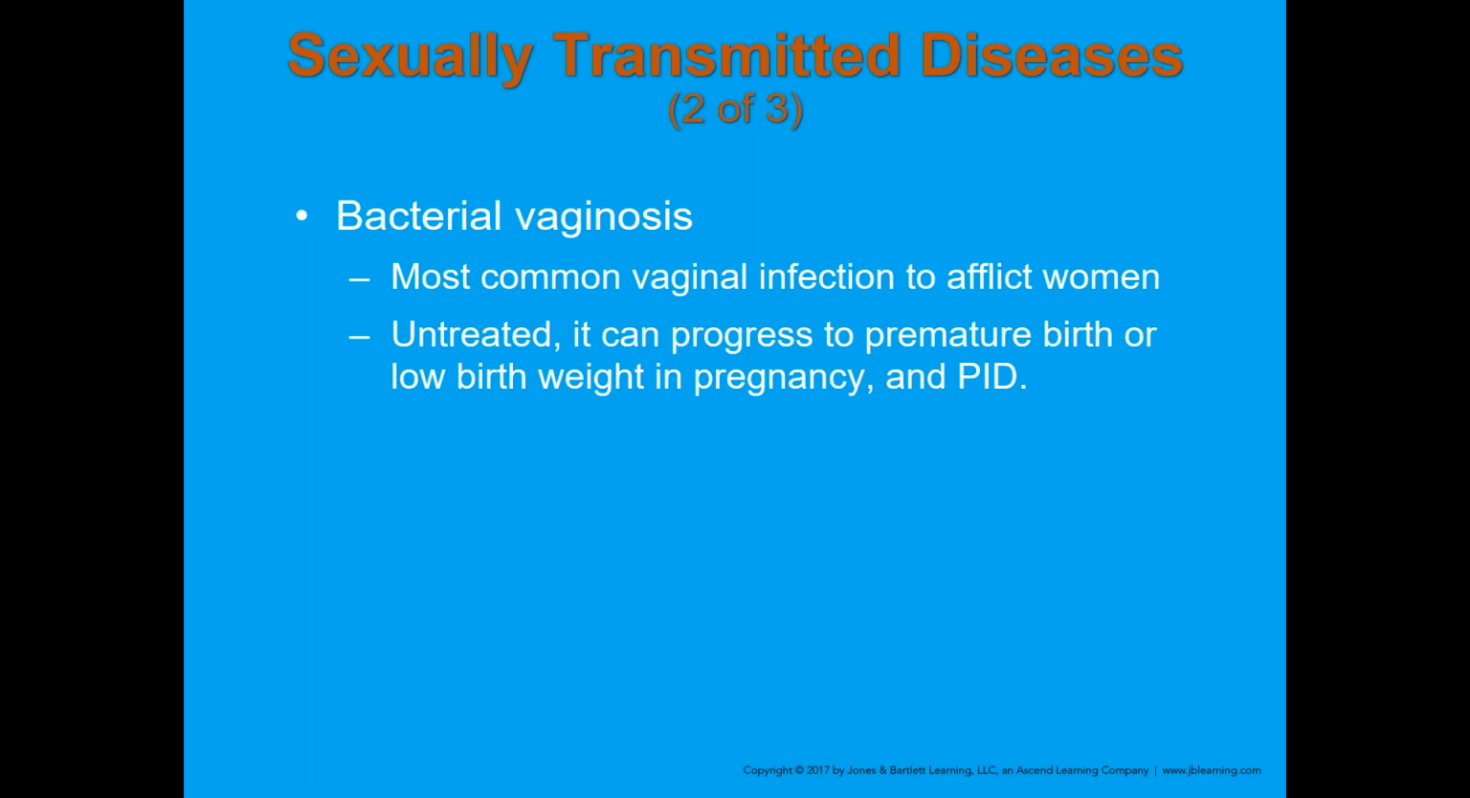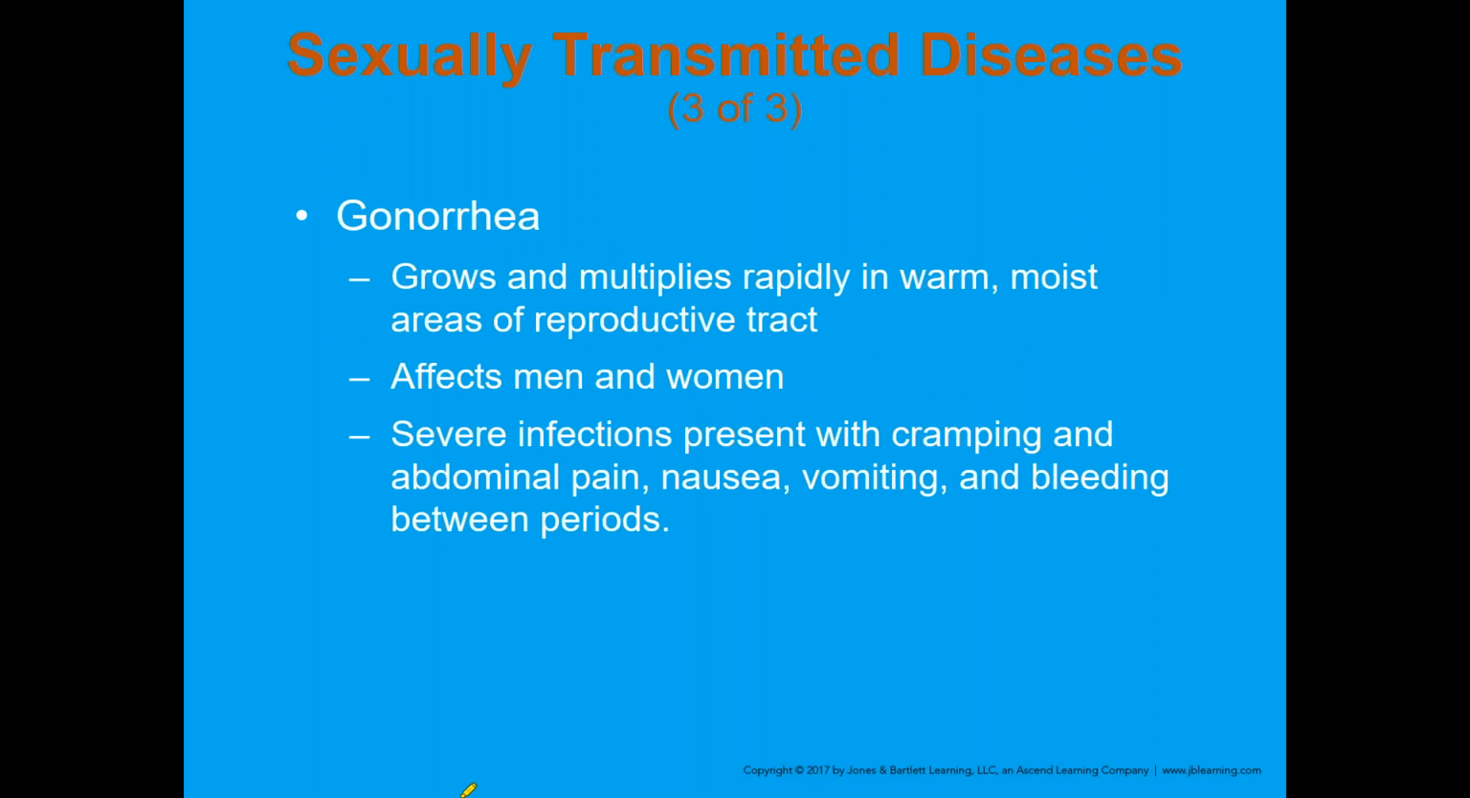It is just going to make the patient more susceptible to more serious infections. And the same goes for gonorrhea. Gonorrhea grows and multiplies rapidly in warm, moist areas. So the reproductive tract is lined with mucous membranes, heated to 98.6 degrees, where all bacteria in the world just love to be. We can have a whole laundry list of symptoms that will go along with gonorrhea, and especially